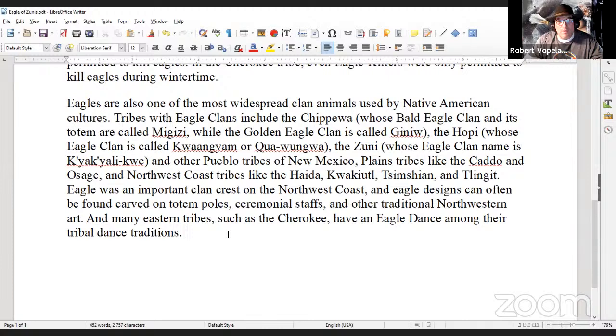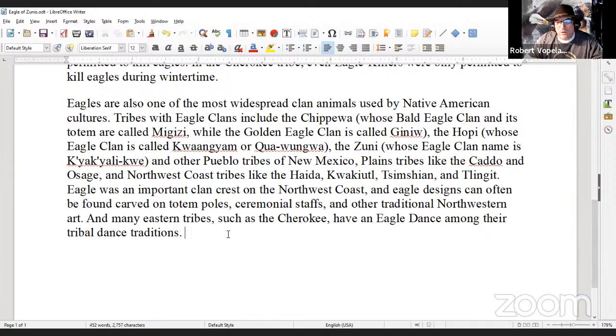The Hopi have an eagle clan too, and the Zuni, and other Pueblo tribes of New Mexico.